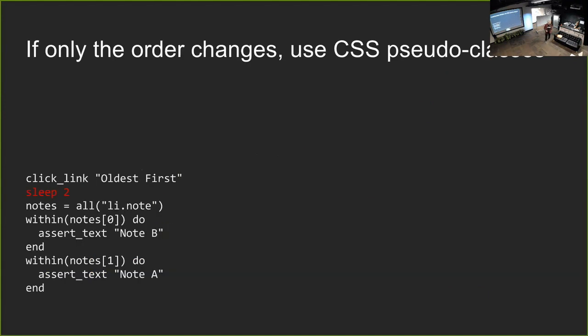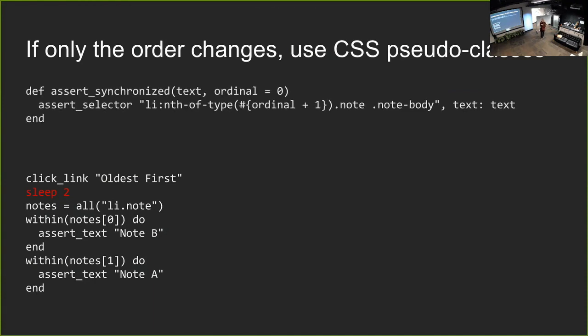The last one is if only the order changes. So again, you're going to have the same stuff on the screen. It's a little hard to see what to catch. So I wanted to do the oldest first, newest first, and then make sure it was working, and I needed to look at the notes. So I was trying to use all, and as I mentioned at the beginning, all is one of those that doesn't wait. So I built myself a little helper that looks for the text in a note body in the